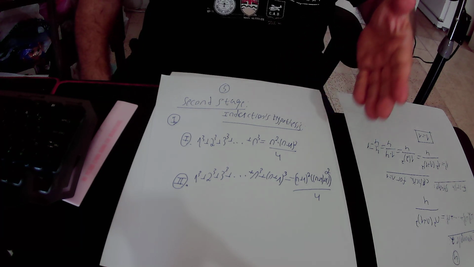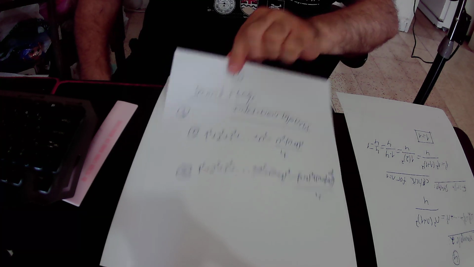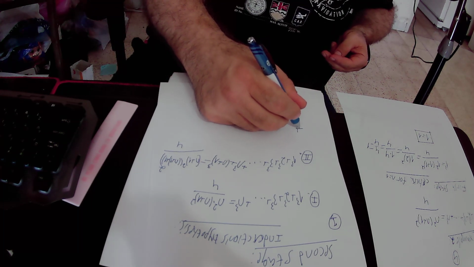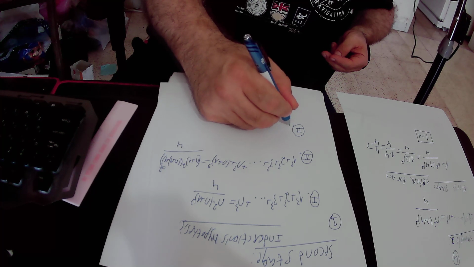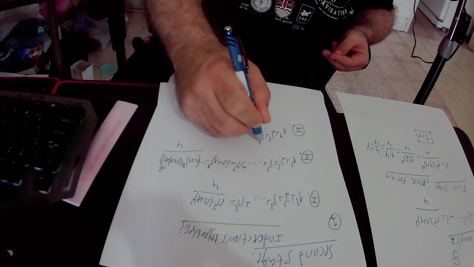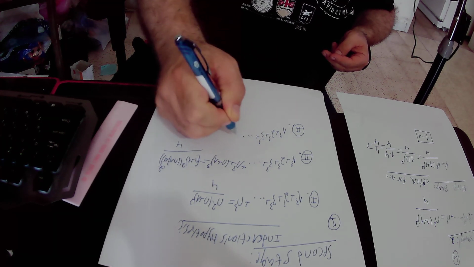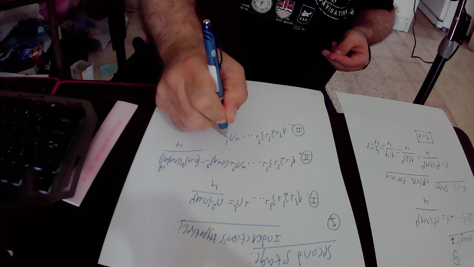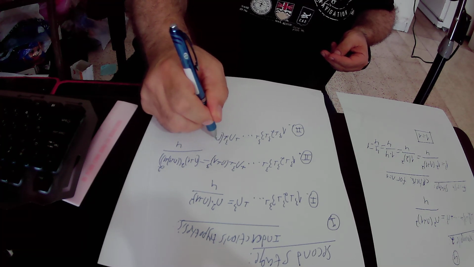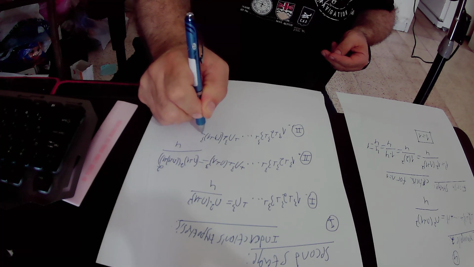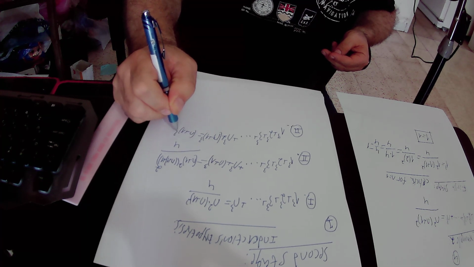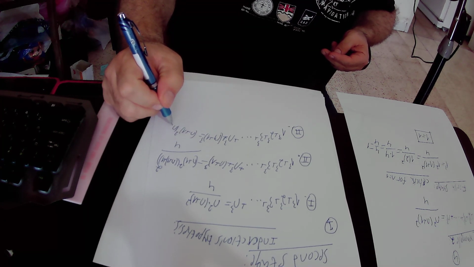So we know that n plus 1 plus 1 is n plus 2, so we will write it down. 1 to the power of 3 plus 2 to the power of 3 plus 3 to the power of 3 plus n to the power of 3 plus n plus 1 to the power of 3 equals n plus 1 square times n plus 2 square, because n plus 1 plus 1 is n plus 2,